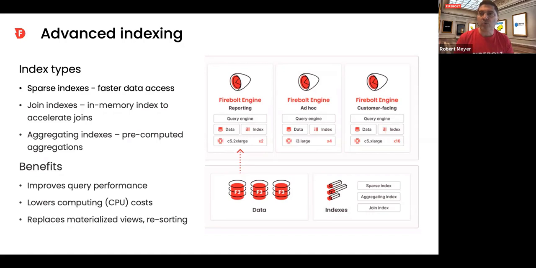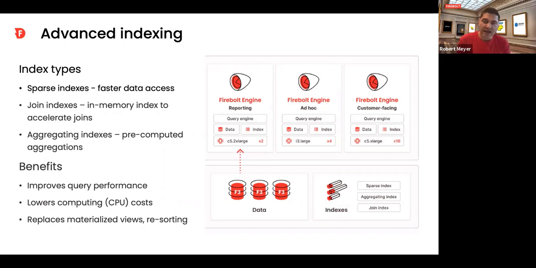Aggregating indexes are almost like a materialized view, in that you can store the summary, the distinct counts, you can store fact table data, the details, and resort it, and use that with the join index to do what a materialized view really should be. Both are being done as ways of offloading compute from the CPU, as taking down the amount of RAM that you need, so you can get much smaller nodes and clusters to do the same kinds of operations, and you get much faster performance.